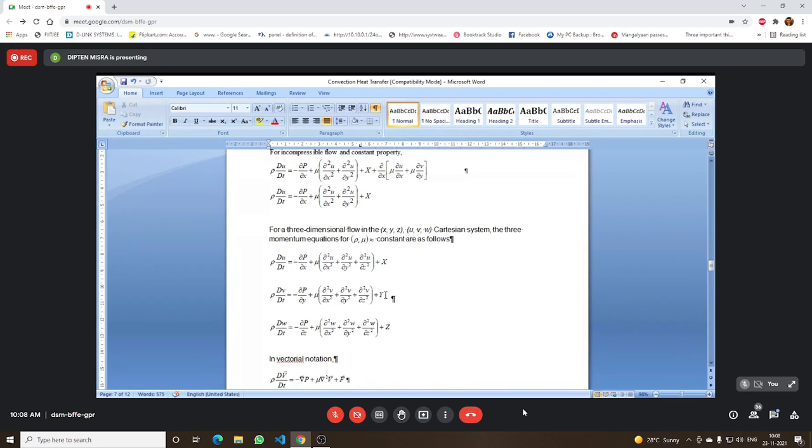In a natural convection, the flow is because of density gradient, and that density gradient is due to the temperature gradient. So this body force term, particularly in the y direction, may involve indirectly a presence of temperature, but otherwise